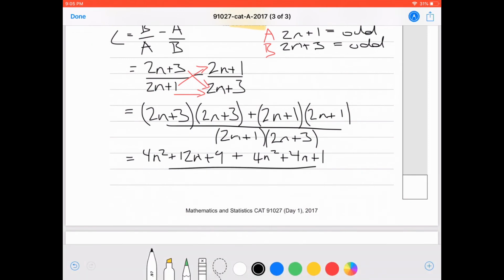Expanding these brackets, we've got 4n squared plus 6n plus 2n is plus 8n and plus 3. Collecting like terms, so we've got n squareds, we've got just n's, and we've got single digits. So it's 8n squared plus 16n plus 10, and it's all over 4n squared plus 8n